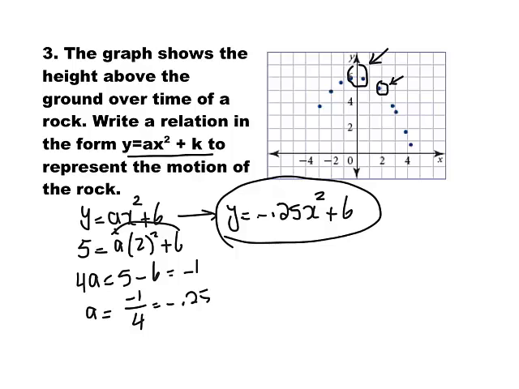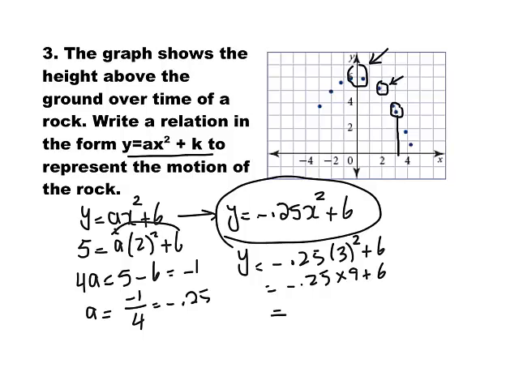Let's say I pick x equal to 3, corresponding to these approximate points here. When x is equal to 3, I get the y value. y is negative 0.25 times 3 squared plus 6, which is negative 0.25 times 9 plus 6, which is approximately equal to